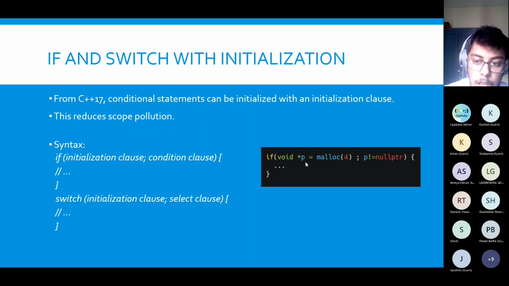For example, on the right side, if you see, if you want to create a void pointer p and just get some kind of malloc defined space there, it may happen that the space returned by the function is null. It may not be assigned to us. So then the variable p remains in the scope, right?